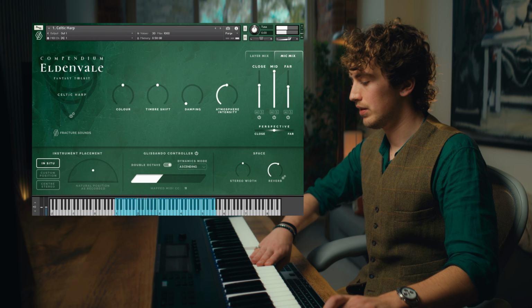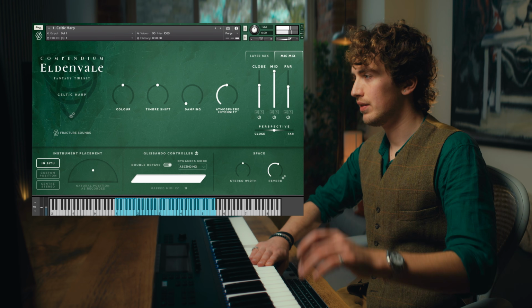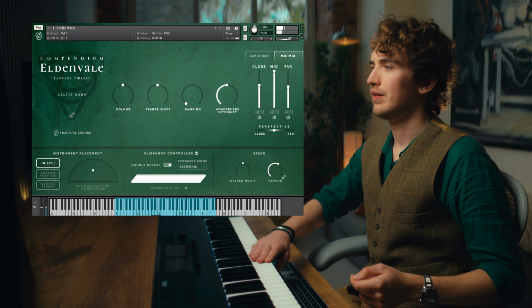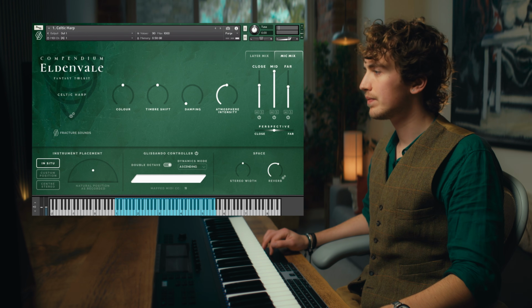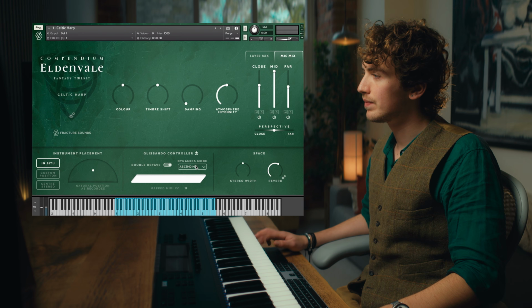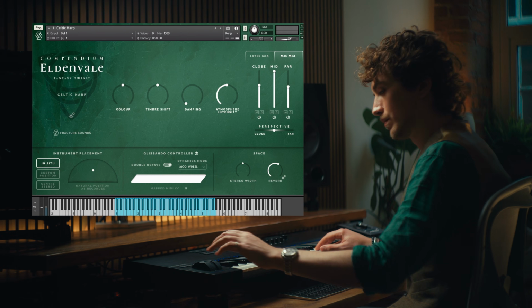By default, the dynamics mode is set to ascending, which means the higher notes in the glissando will be louder than the lower notes. This is quite a natural behaviour for most of your glissando needs, but there are also modes to control the dynamics using the mod wheel,